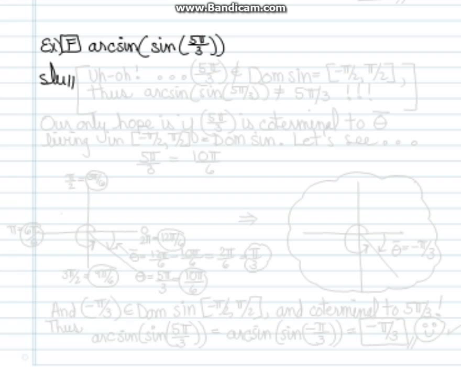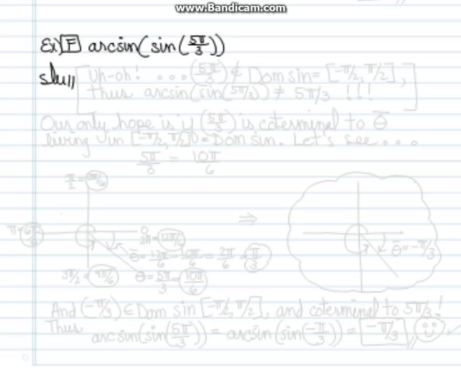Find the arc sine of the sine of 5 pi over 3. Okay, so now we are doing a reverse composition of the functions that we did previously. Now we have the sine inverse function on the outside and the sine function as the inner function. Okay, now we always have to check to see, in order to do a real quick cancellation, we just check